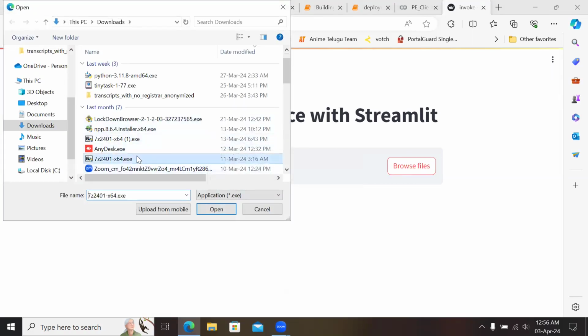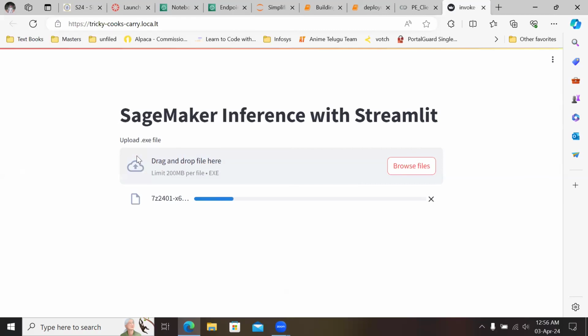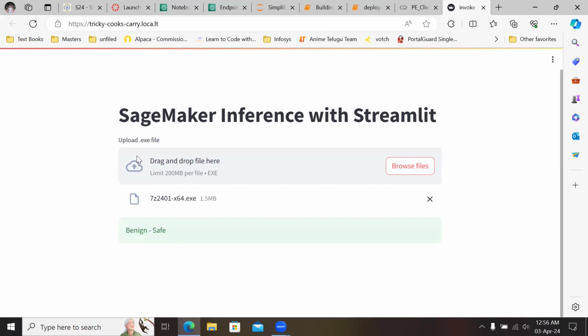Okay. Yeah, here you can see, since it doesn't contain any malware, we got a message like this is a safe file, benign file. So there is no issue. For task three,